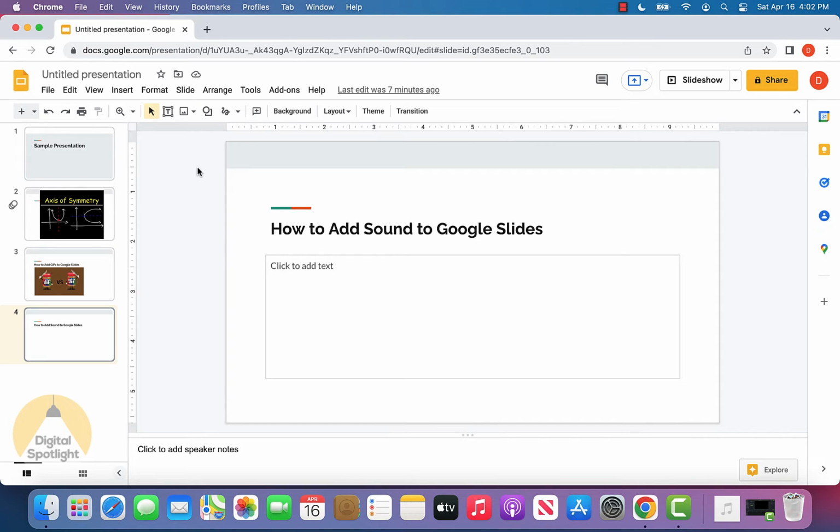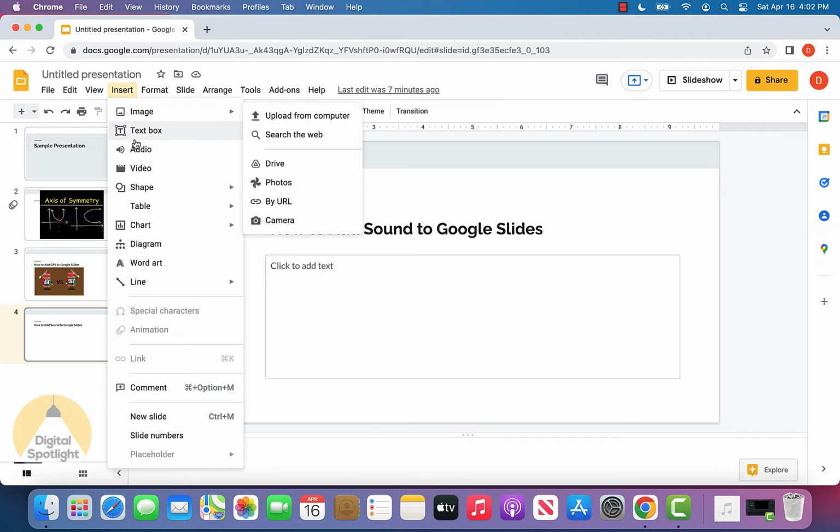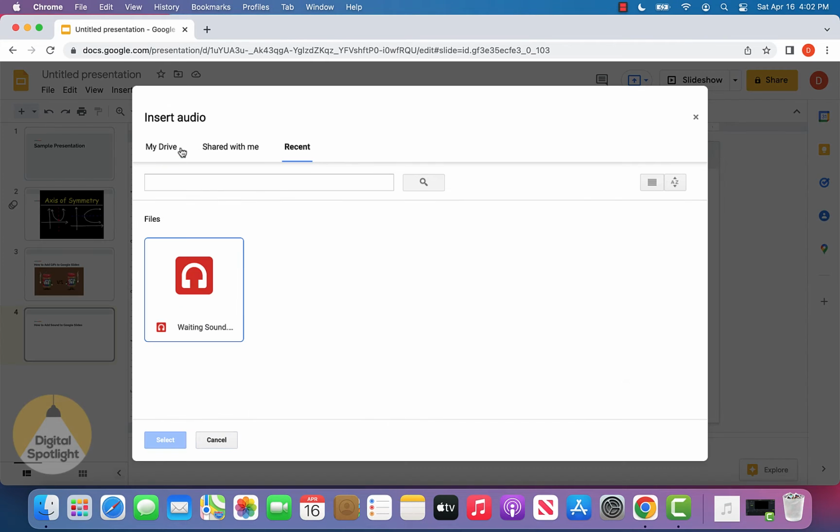So I simply just go over to Insert on the ribbon right up here, click Insert, and scroll down to Audio and click on that. Under the Recent tab it will usually show you a file that you just uploaded, and if you don't see it here, you can click My Drive and it will show you from there as well. So I'll just select the actual sound I want to be added to my presentation